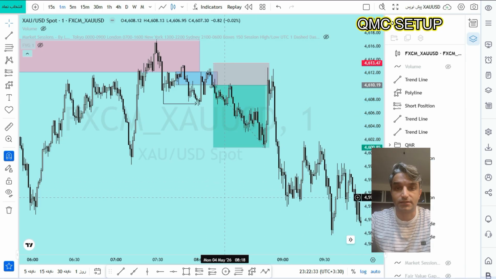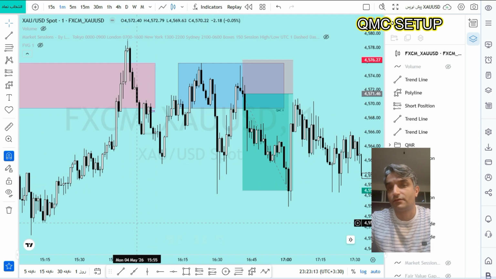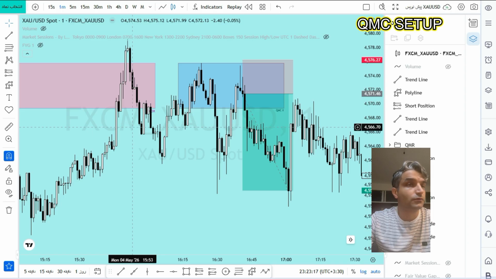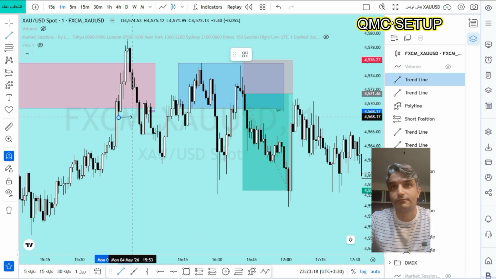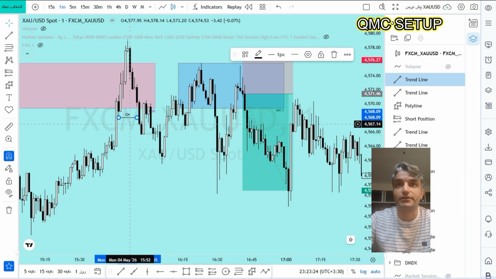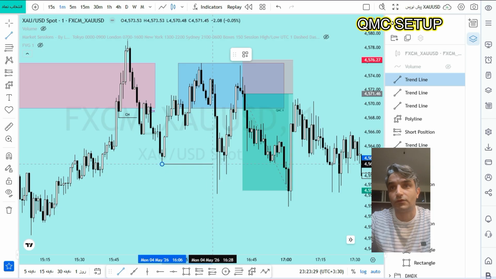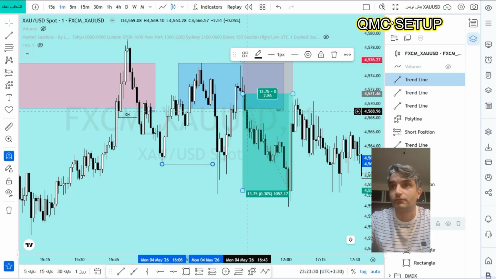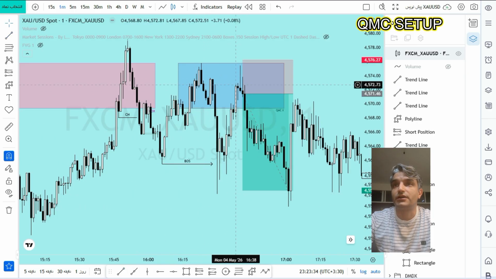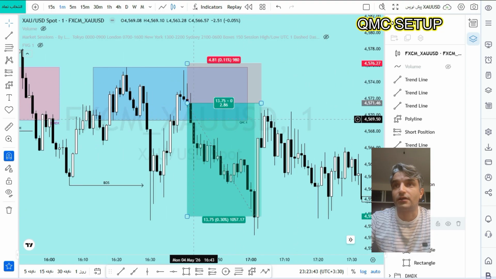Let's see the second example. If you want to see the second example, it's here. We have a change of character here, then we have a second break here, and price comes up and had a reaction to this order block. After engulfing,